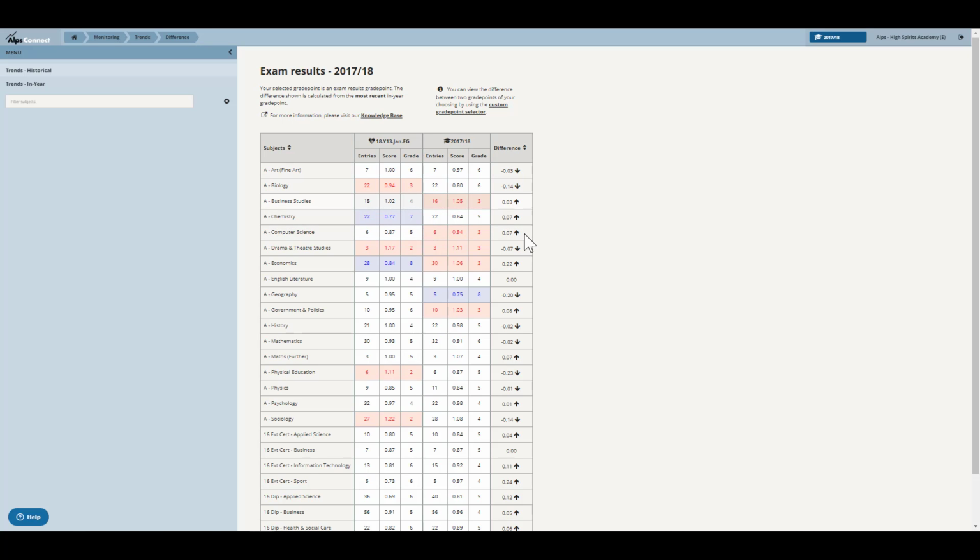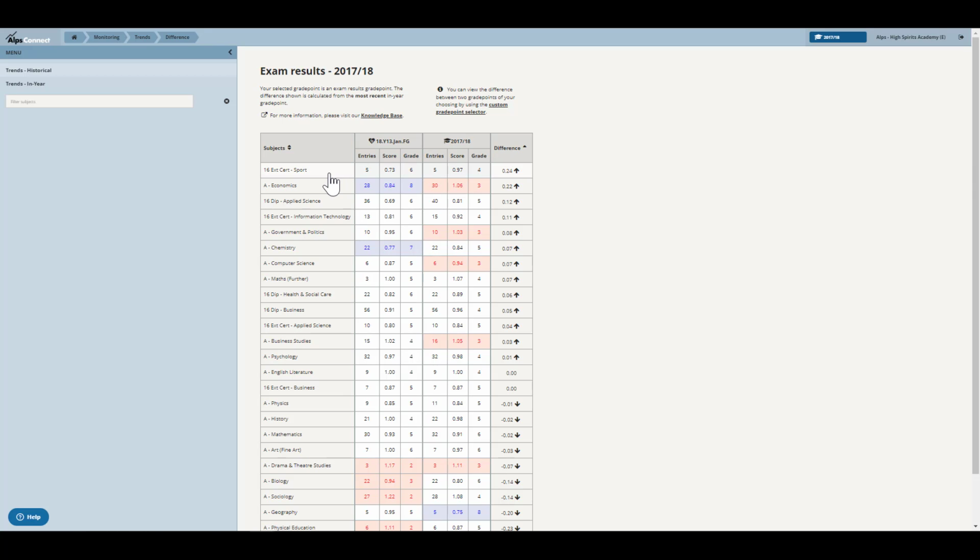It's just so that I don't have to do work really. And I can sort that by, there we go, PE were the biggest over predictors. So they actually dropped 0.23, which is a whole grade per student. So not great for those 6 students and their UCAS entries. Whereas the other way round,